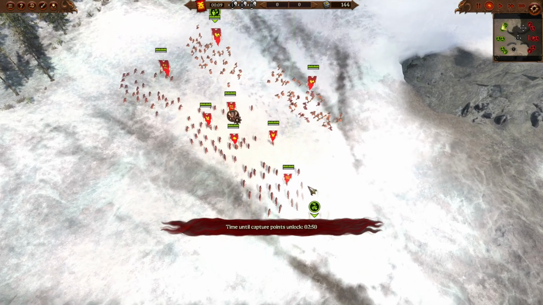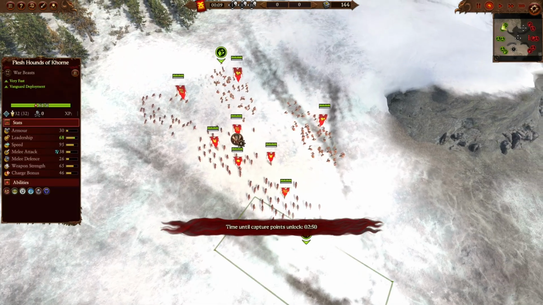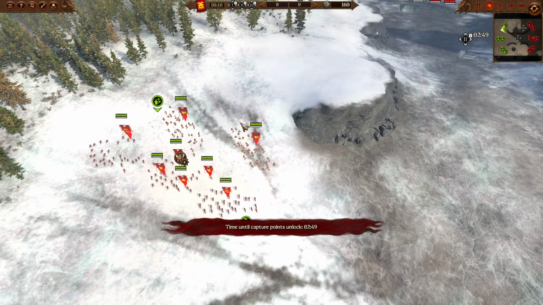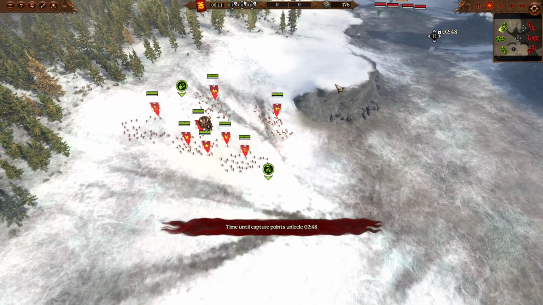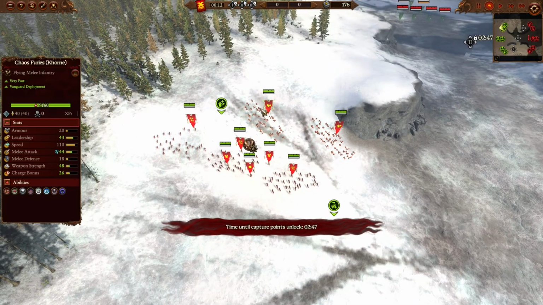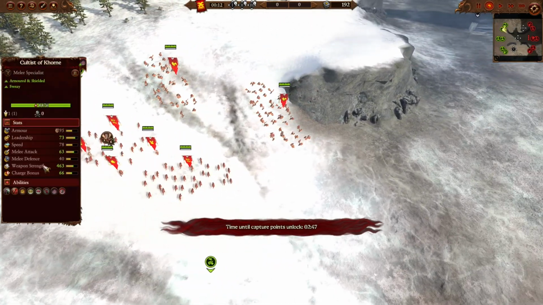The reason is that in the game mode of Domination, speed is king, and the faster mobility faction can always control the flow of battle, dominate the map control, and basically pick off reinforcements and isolated units of the slower factions. And this is exactly what we're going to do today with the Fleshhounds of Khorne, supported by Chaos Furies,